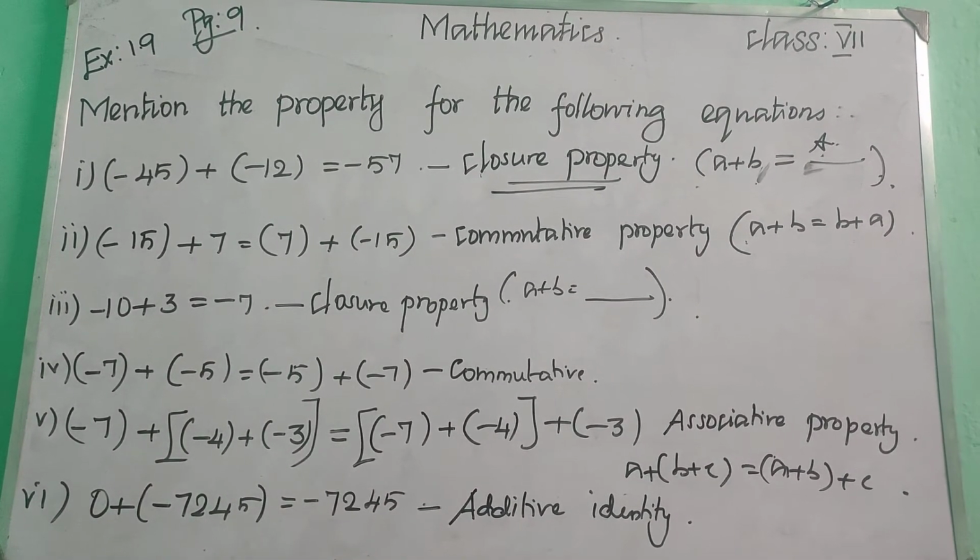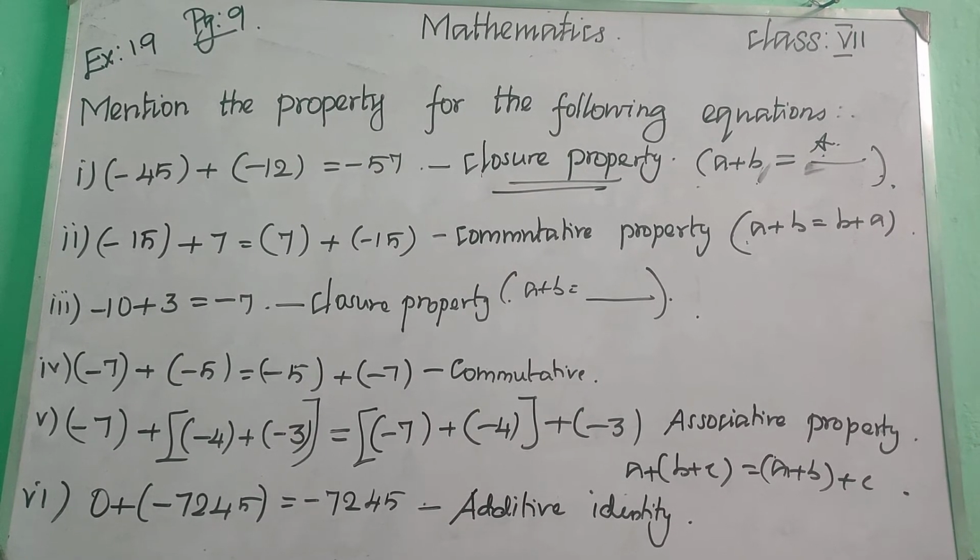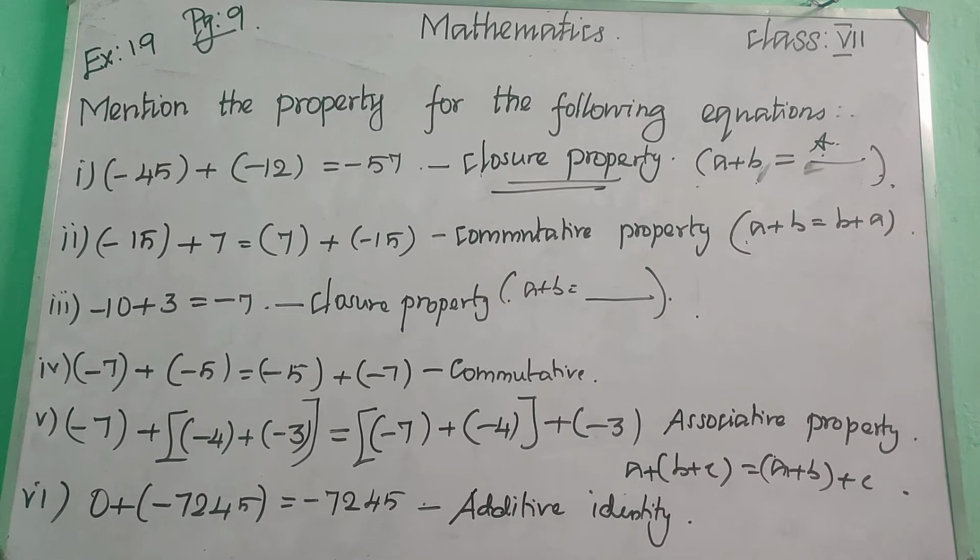Let us see the exercise. In exercise 1.1, the first one is your homework: fill in the blanks. We are having up to 10 fill in the blanks, right? Those 10 are your homework, and the remaining sums we will do in the class. Let us do sum number 6. Write down the question.